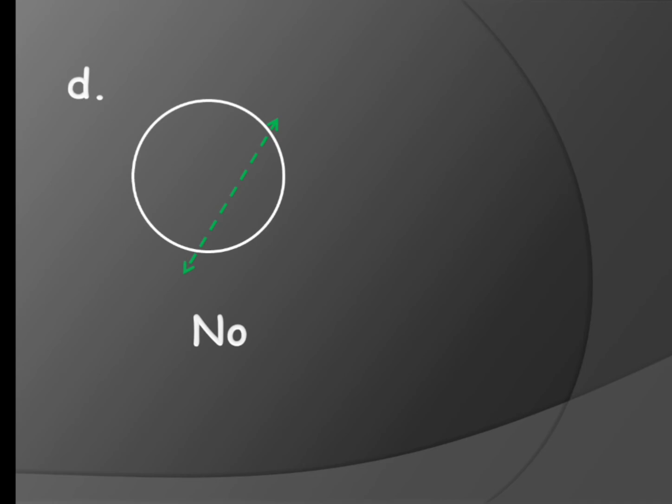Now we have to draw the line of symmetry, isn't it, children? Let me draw a line horizontally like this. The above part and the below part of the shape are similar, isn't it? So this is a line of symmetry. Now let me draw a vertical line like this. Here also, the part on the left side and the right side are both similar. That means this is also a line of symmetry. Now let me draw a slanting line like this. Here also, above the line and below the line, the shapes are similar, isn't it, children? So this is also a line of symmetry.